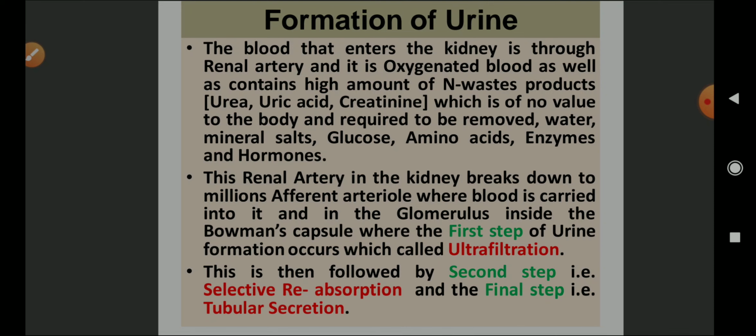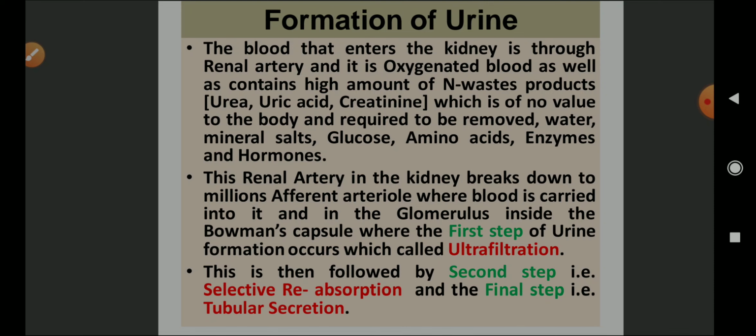Why does ultrafiltration occur there? Because there is a diameter difference between the afferent arteriole and the efferent arteriole. Due to this diameter difference, ultrafiltration pressure is created, high pressure is created, and as a result the filtrate starts flowing out of the blood. Not RBCs, not platelets. WBCs are there but not that much. So from the plasma, blood cells are not going to come out of this, hardly any WBCs are seen.